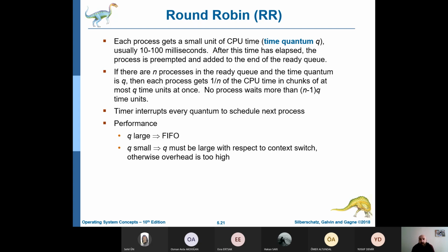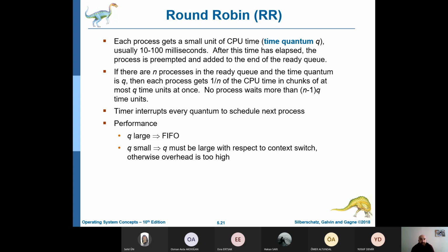To implement round-robin scheduling, we again treat the ready queue as a first in, first out queue of processes, similar to the first come, first served scheduling algorithm. New processes are added to the tail of the ready queue. The CPU scheduler picks the first process from the ready queue, sets a timer to interrupt after 1 time quantum,